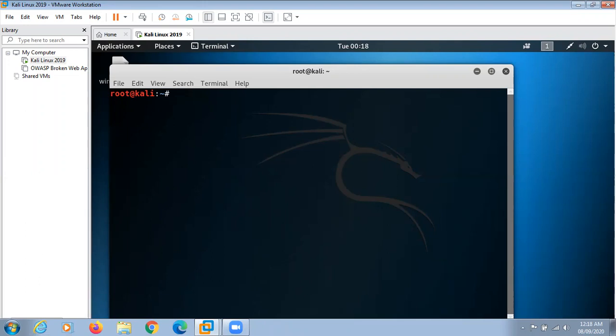Next command is to list the existing rules of iptables. So the command is iptables -L -n -v. Here L is to list, n is to represent the values in numeric, and v is verbose to give more detail of the list. Here when we press enter, here you can see